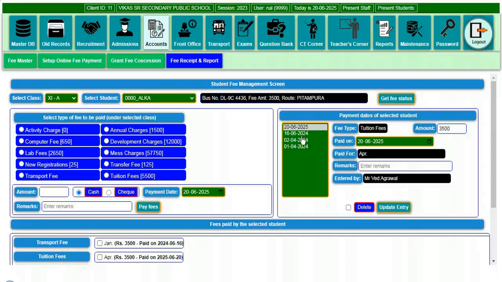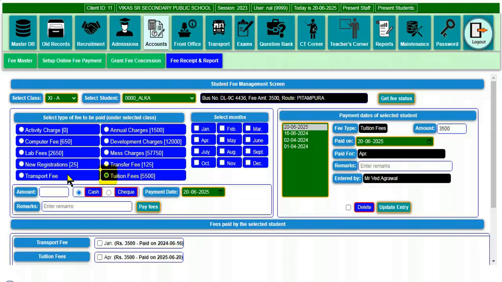If the selected student is a school bus commuter, then this detail is also shown on the screen next to his name. This information is helpful to know whether the bus fee is to be collected from the selected student. As soon as a student is selected, the applicable fee types for the student get displayed to choose from under the type of fee section. For example, if the selected student is a school bus commuter, then transport fee will be available to choose from, otherwise it will not be displayed to be chosen. This approach eliminates the possibility of wrong entry for students who do not commute by school bus.